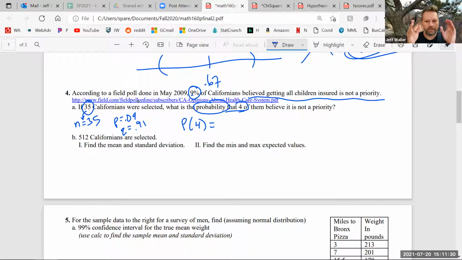So what's really important here is how to identify what kind of problem it is. Because I have people trying to make z-scores on this problem. And I'm like, I never said it was normal. Why are you making z-scores? This is an NPQ problem, right? Not all non-normal problems are NPQ problems, though. Very true. So what is it about this problem that tells you it's an NPQ problem?